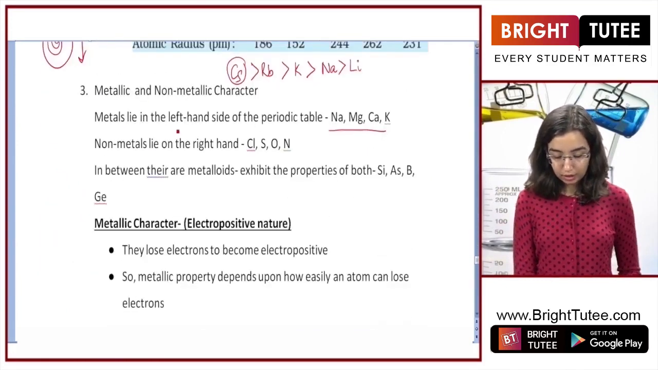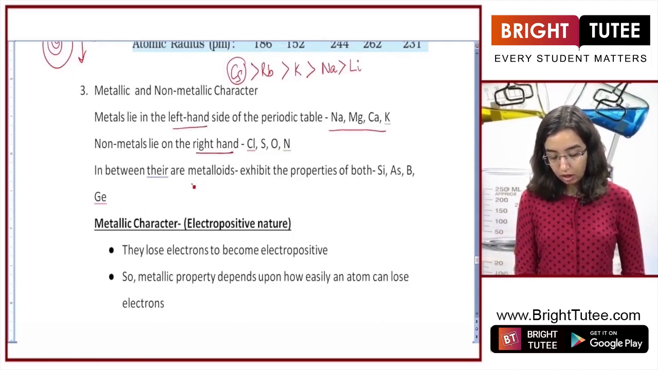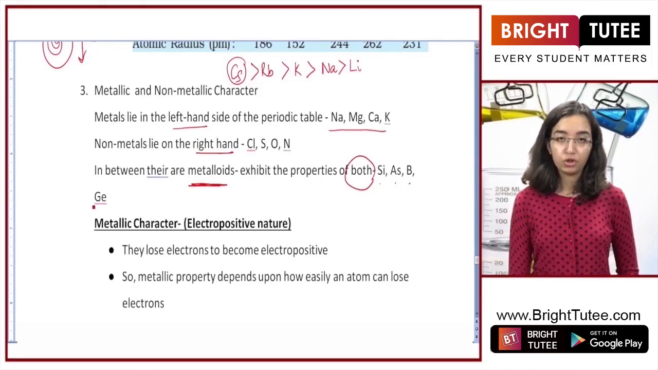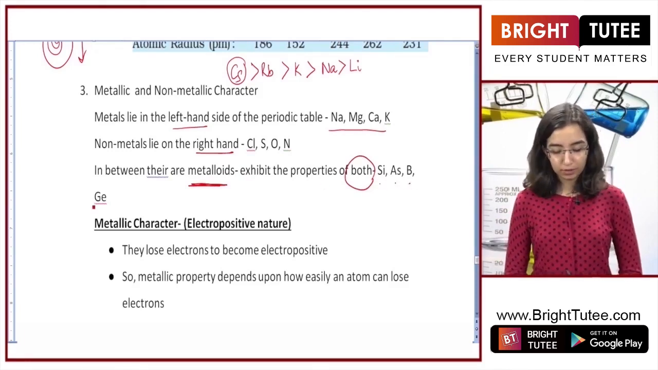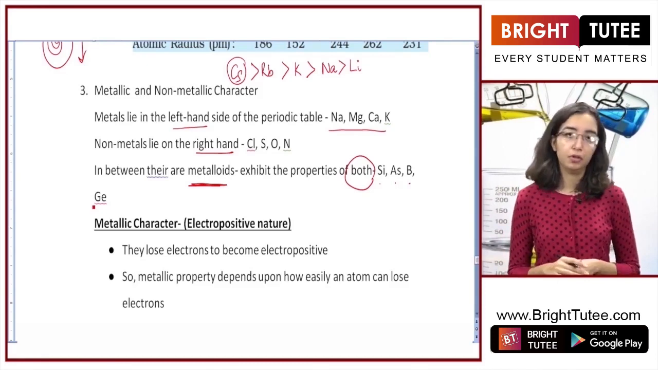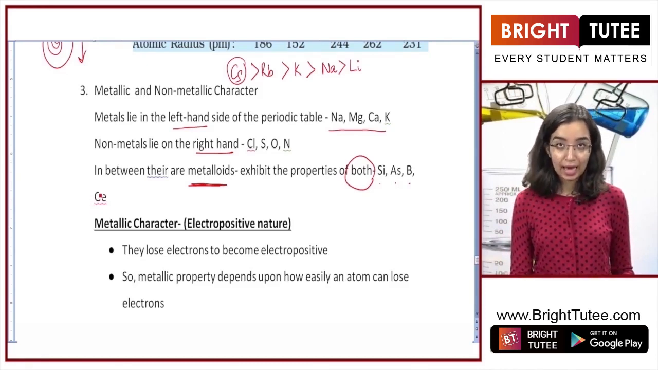So metals lie on the left-hand side, whereas non-metals lie on the right-hand side. In between, there is a zigzag chain of metalloids. They exhibit properties of both metals and non-metals. Examples are silicon, arsenic, boron, germanium, antimony, etc. You need to remember a few examples from the exam point of view, and you need to understand the definition of metalloids. Now, what happens to the metallic character when we go left to right on a period